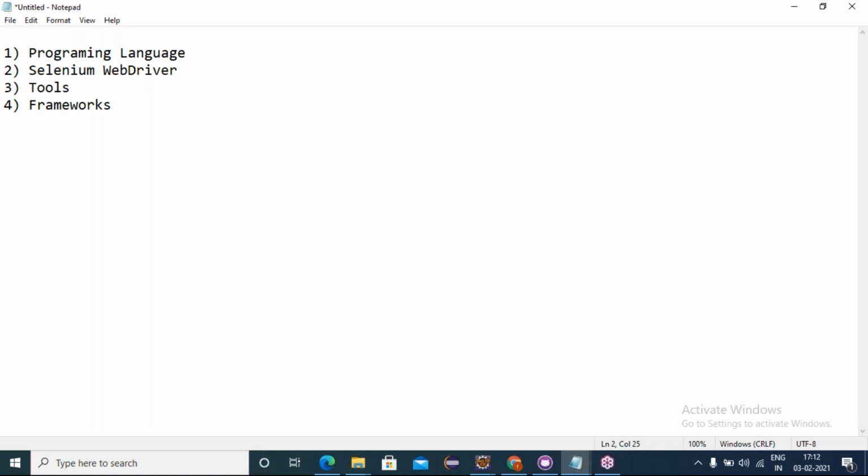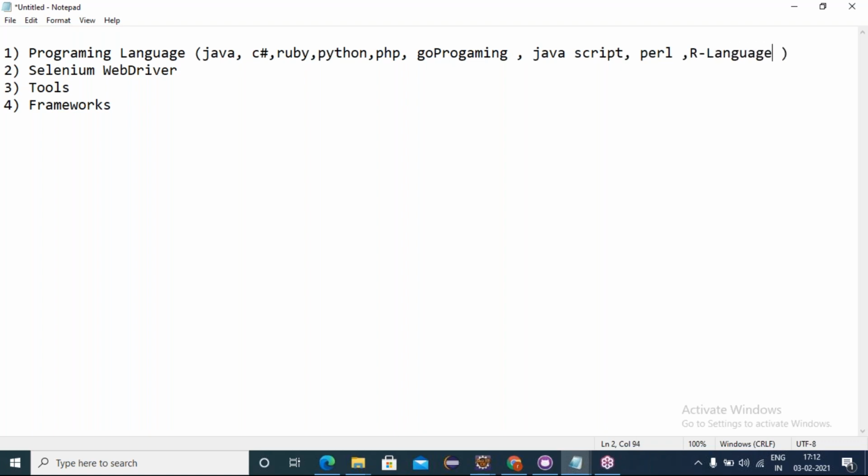Selenium supports various language bindings like Java, C#, Ruby, Python, PHP, Go, and JavaScript, etc. Perl and R are also supported.